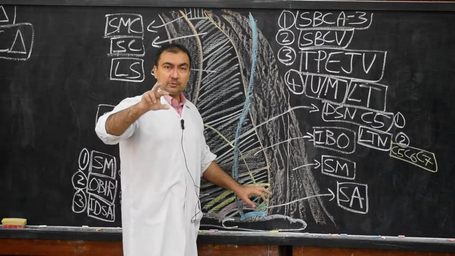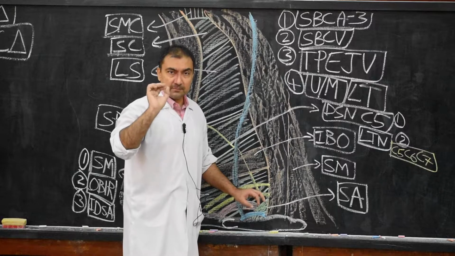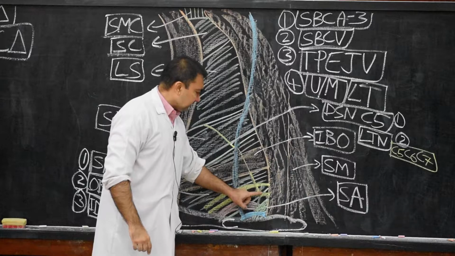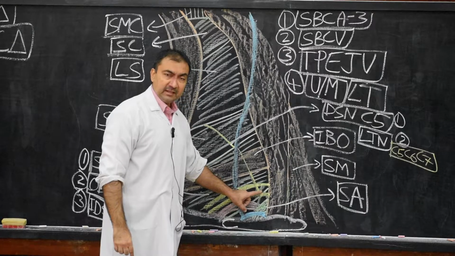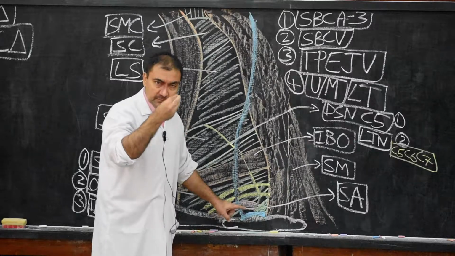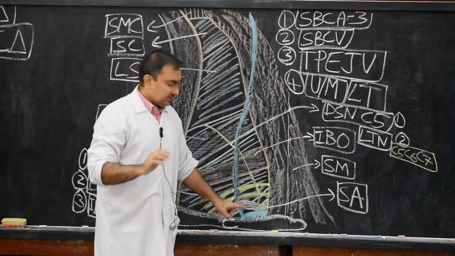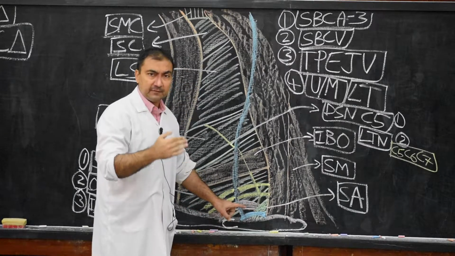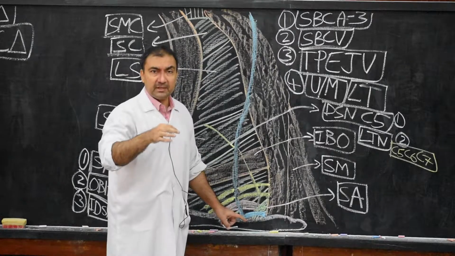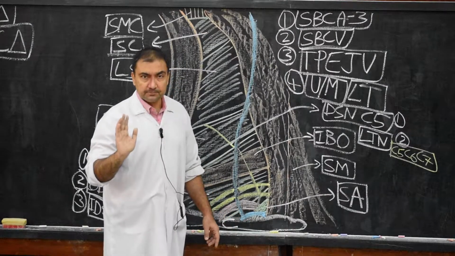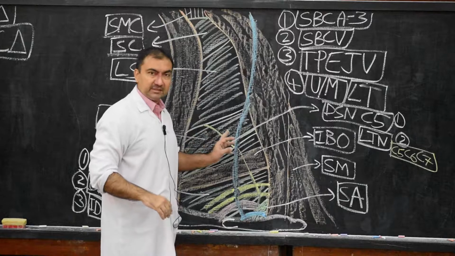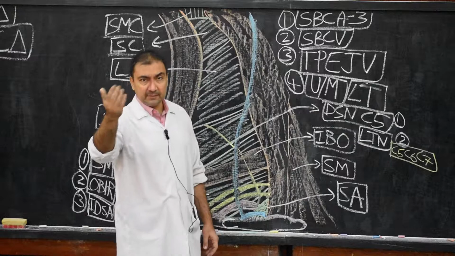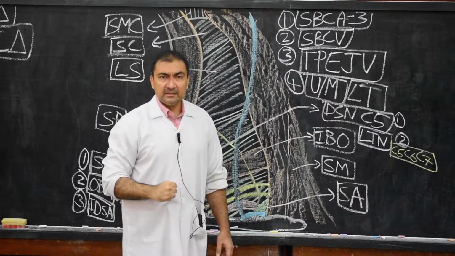C5 and C6 roots will pierce scalenus medius muscle. Please note down, in the long thoracic nerve, which is lying very deep, the C5 and C6 roots will pierce the scalenus medius and they will join the C7 nerve root a little bit down. After C7 joins them, it becomes C5, C6, C7, known as the long thoracic nerve. It will supply the serratus anterior muscle. So first, dorsal scapular, which supplies the rhomboids, C5. Second is long thoracic nerve, C5, 6, 7, which will supply the serratus anterior.